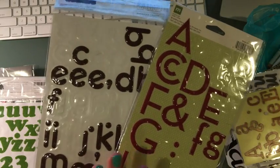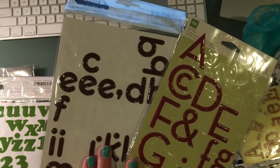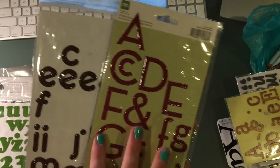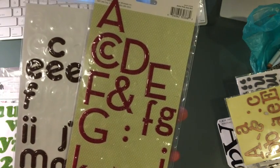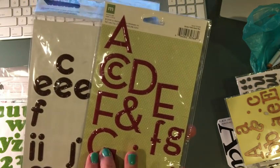So I could use a regular brown and use my glossy accents. I have done that in the past. Same with this. I could use a red and then just not have some with polka dots. That's completely okay with me. Otherwise, I do have some